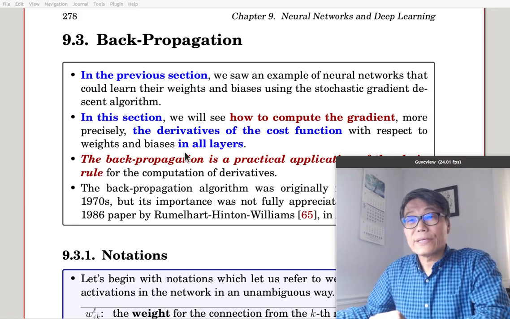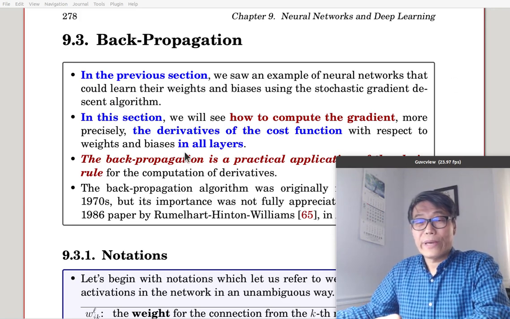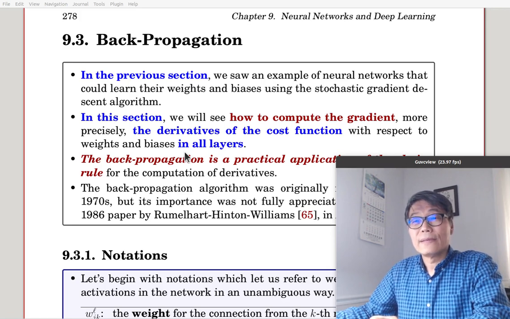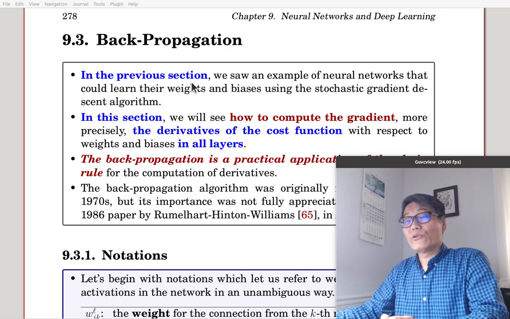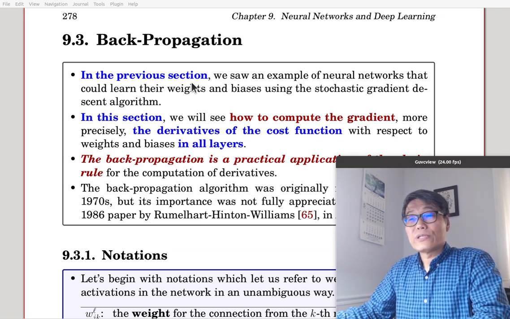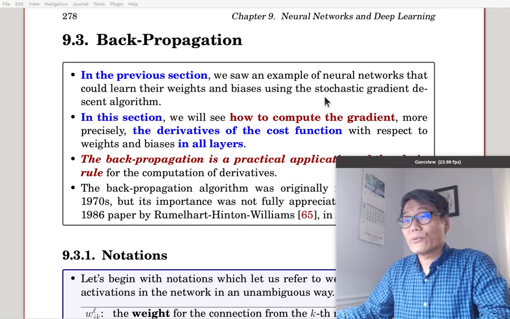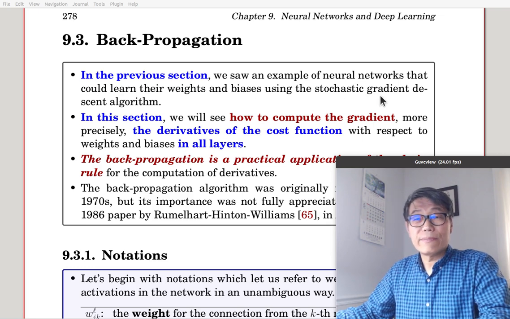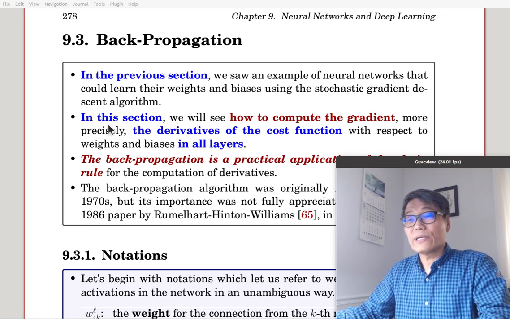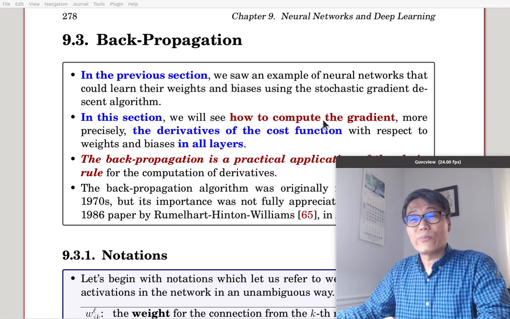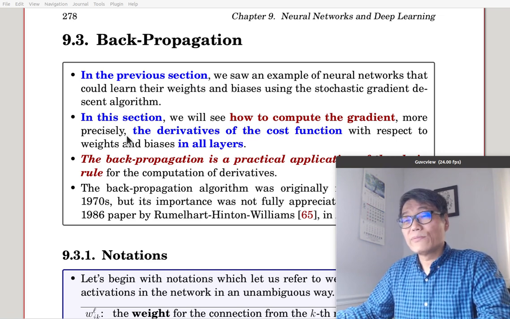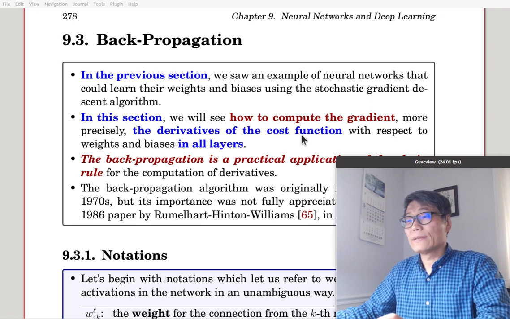Now it is section 9.3, back propagation. In the previous section, we saw an example of neural networks which uses the stochastic gradient descent method. In this section, we'll see how to compute the gradient, more precisely, the derivatives of the cost function with respect